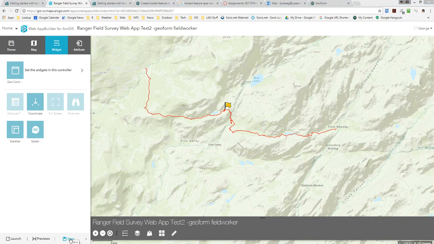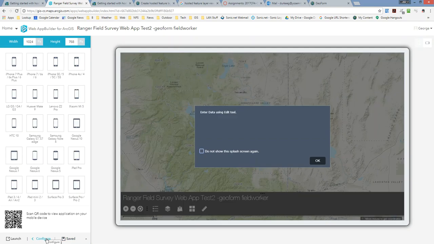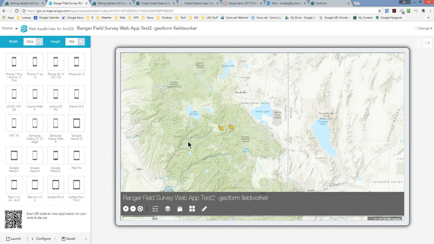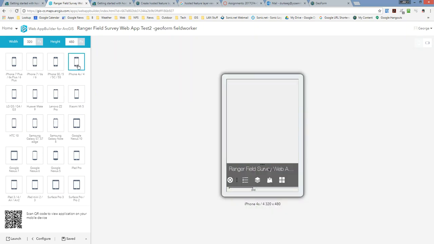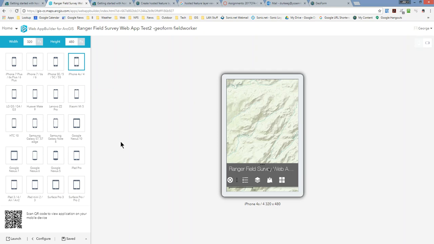So now let's try that again. Save. And go back to preview and get rid of that. And notice again, those of you who have been here since lesson 1, you can get an idea of what it looks like on various devices. And it could be we don't want this